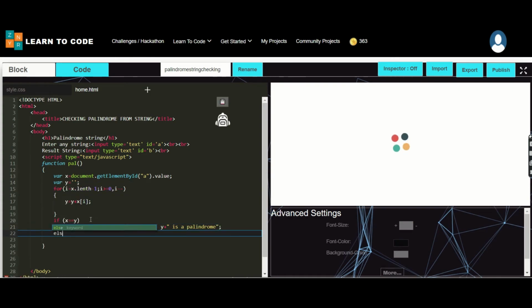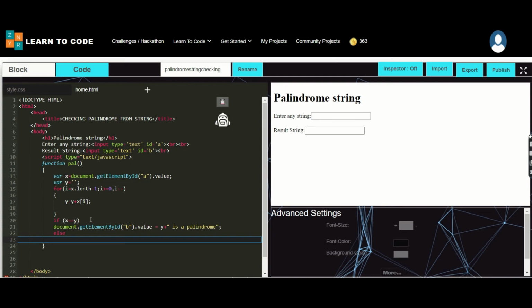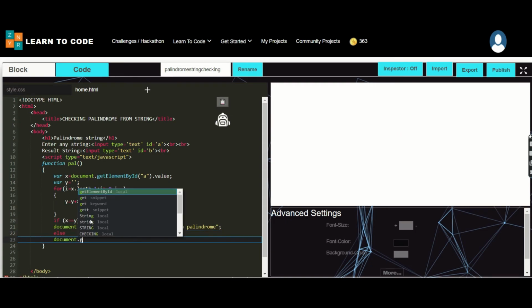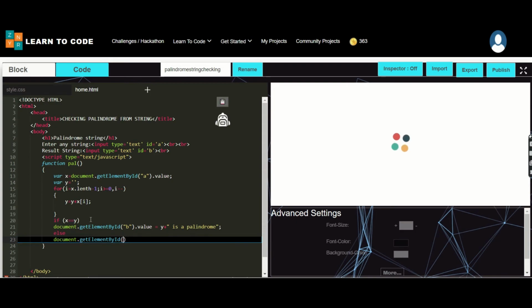Else, obviously, when the elements are not equivalent, we have to display document.getElementById, the value of b, which is equivalent to x plus is not palindrome.